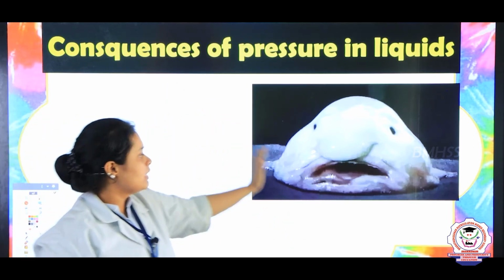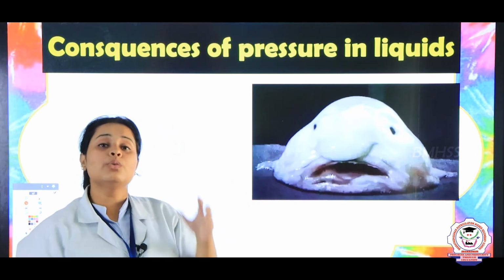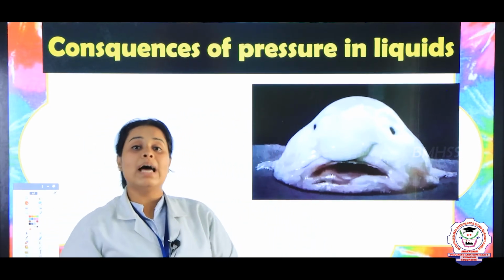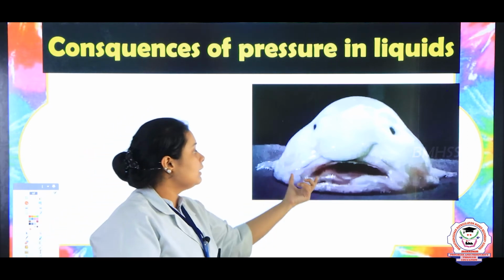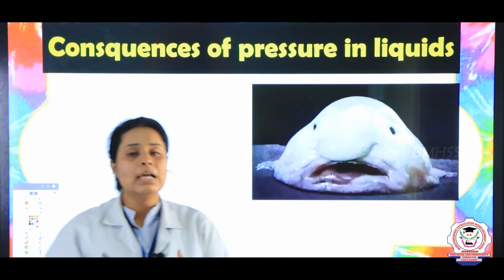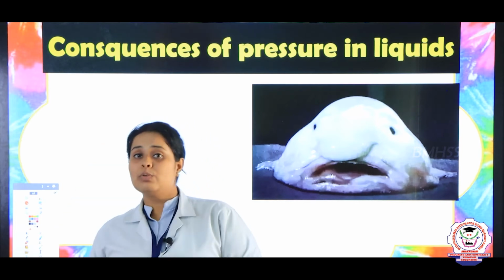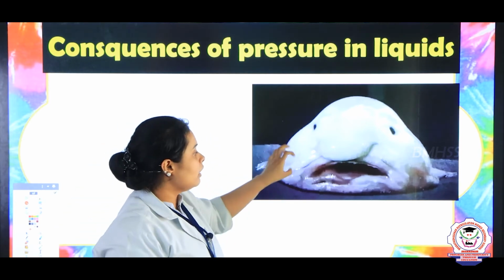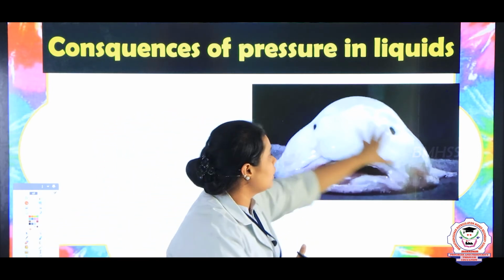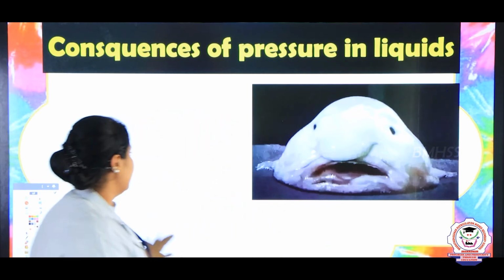So first thing is, see what is this? It looks very ugly, right? Yeah. So this is a fish which used to stay deep inside the sea. So children, deep inside the sea, the water has high pressure. Now this particular fish, when they are staying inside, the blood flow is depending upon the type of the pressure which is applied. But if suddenly you take the fish and you keep it outside, what will happen is, here the fish blood vessels will blast. So when it is blasting, it will look a little bit like shattered, right? So this is showing the one consequence.